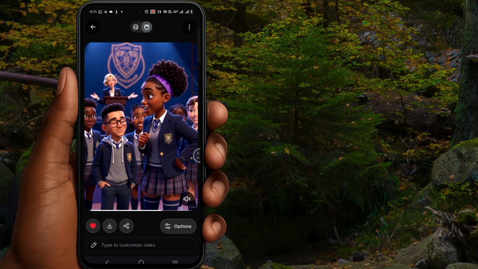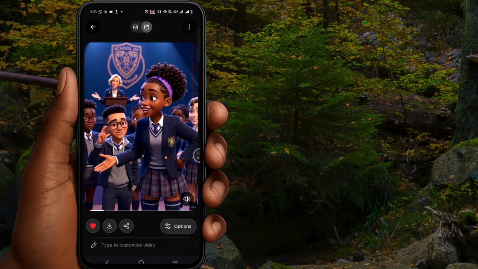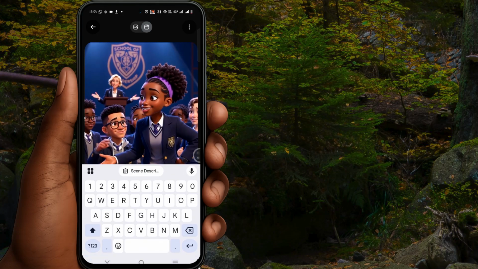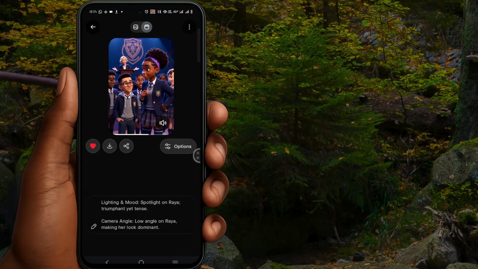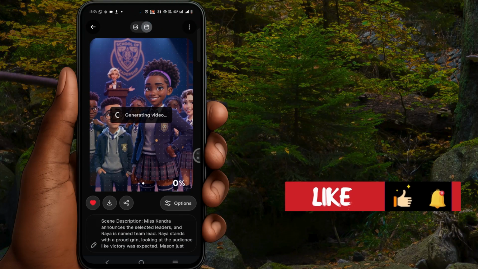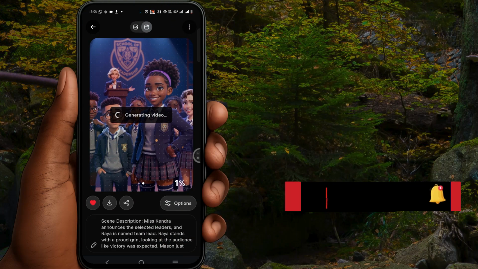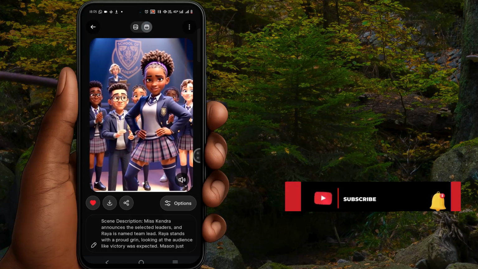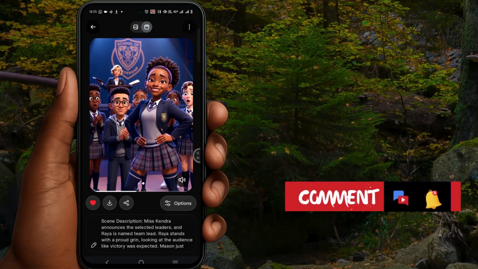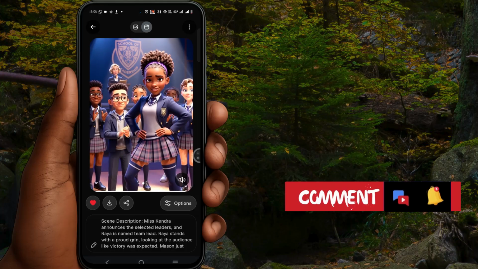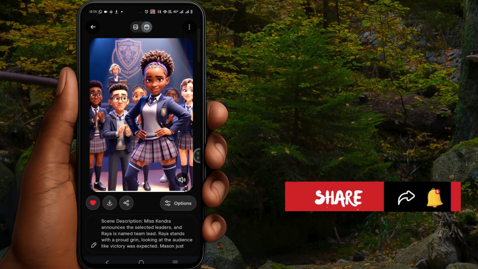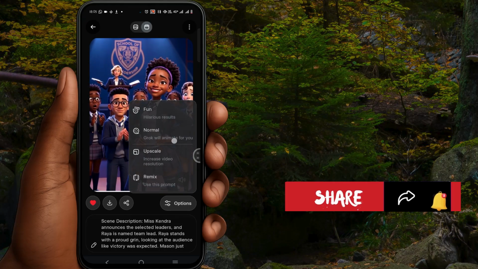So that's the first one that Grok produced for me. I'm dropping the second one here now. There is also another option where you make videos normal. So here I'm allowing Grok to make it normal. I just want to see what it will look like. So this is like my third generation.